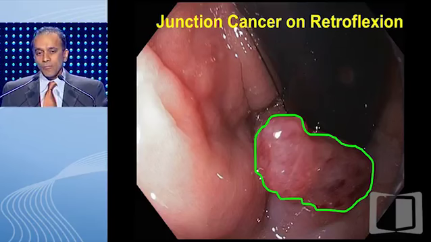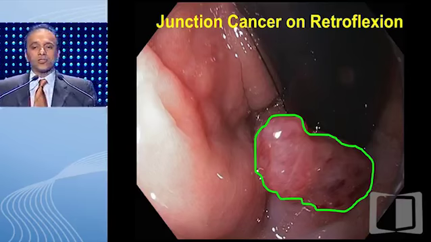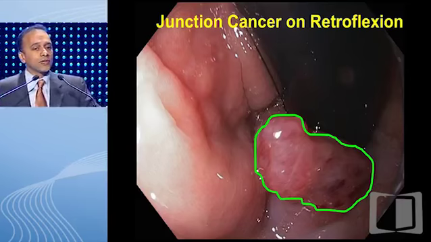And then you're left with these cancers which straddle both the distal esophagus as well as the proximal stomach, which are the junction cancers, and they tend to have a little bit of features of both, although they behave primarily as distal esophageal adenocarcinomas. And these cancers are diagnosed when we do a close retroflexion in the gastric cardia, and